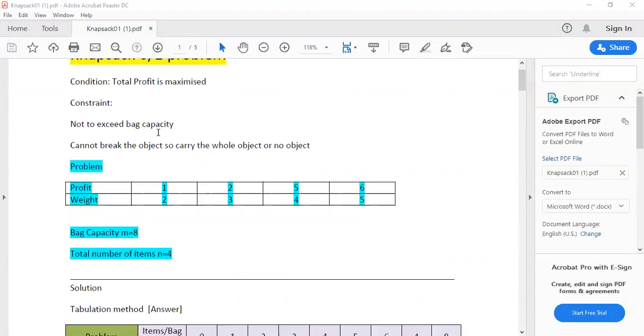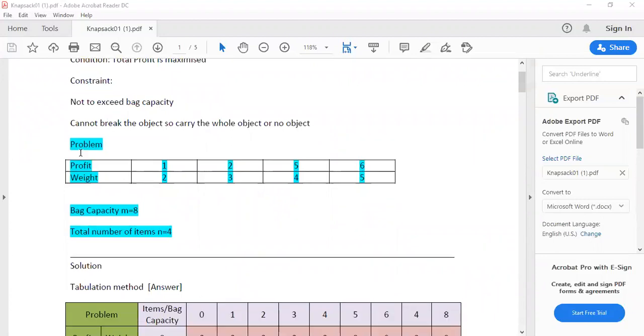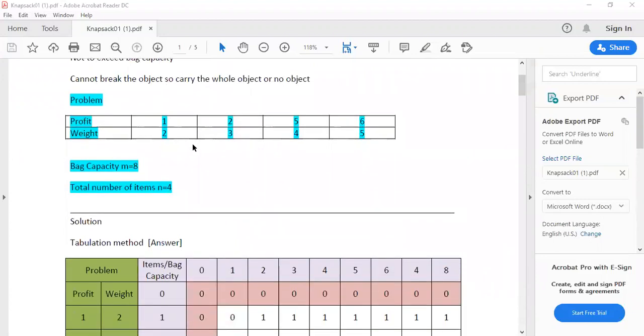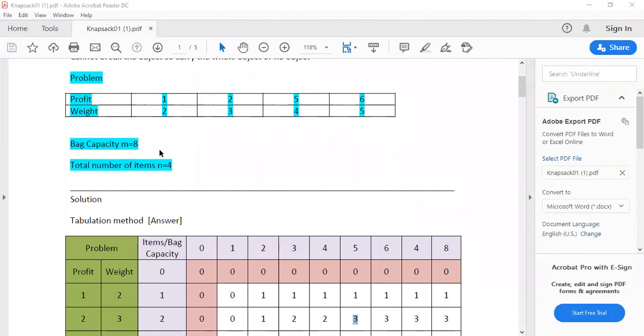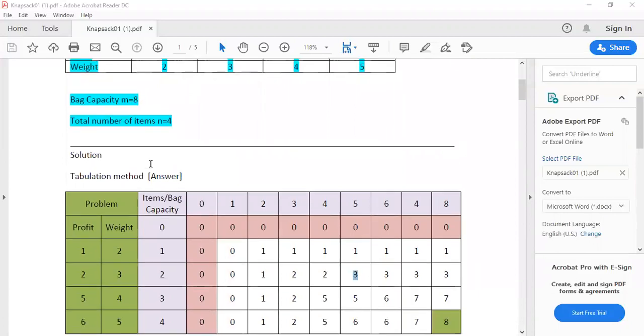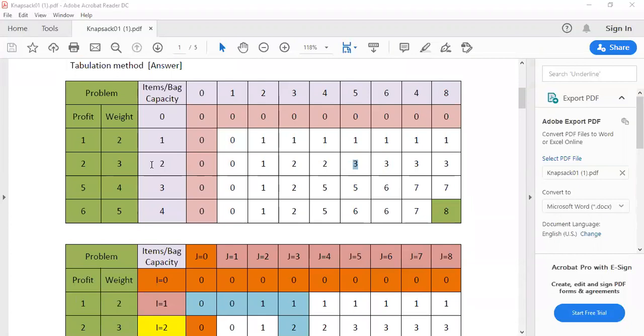Now going to the problem, similar to your knapsack greedy method, the problem will be given with profit and weight as well as the bag capacity. Here the main thing is that you have to construct a table.